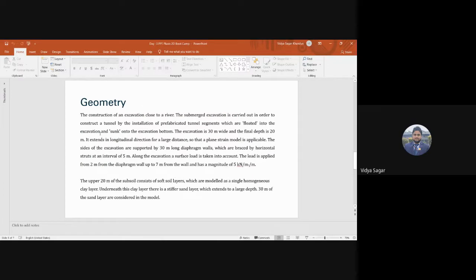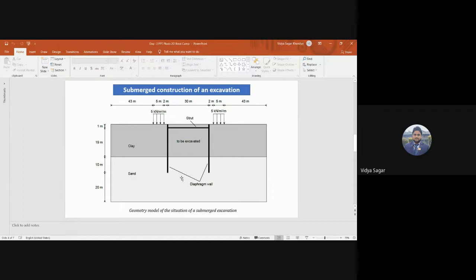So we can see here the construction of an excavation close to a river. This is a submerged excavation carried out in order to construct a tunnel by installation of prefabricated tunnel segments, which are floated into the excavation and then sunk onto the bottom of the excavation, up to here. Here we want to put the tunnel after excavation.